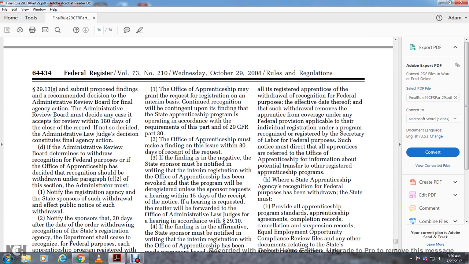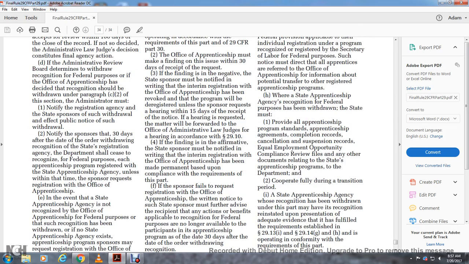If the Administrative Review Board determines to withdraw the recognition for the federal purpose of the Office of Apprenticeship, and has decided the recognition should be withdrawn under paragraph C2 of this section, the Administrator must: 1. Notify the registered agency and state sponsor of the withdrawal, with the effect of the public notice of the withdrawal. 2. Notify the sponsor within 30 days of the effective date of the withdrawal of recognition of the state registration agency. The department shall cease to recognize the federal purpose of each of the apprenticeship programs registered with